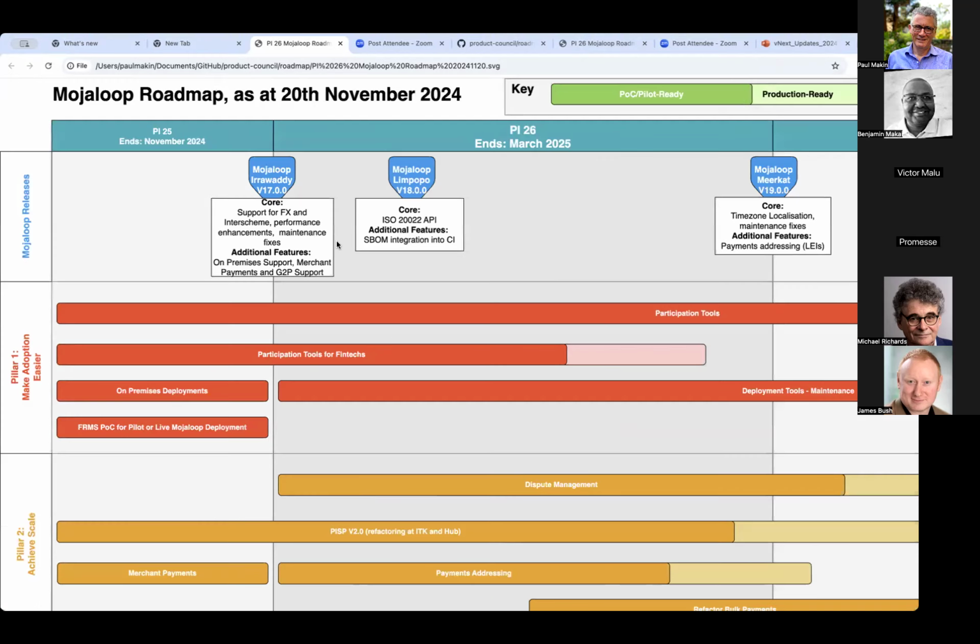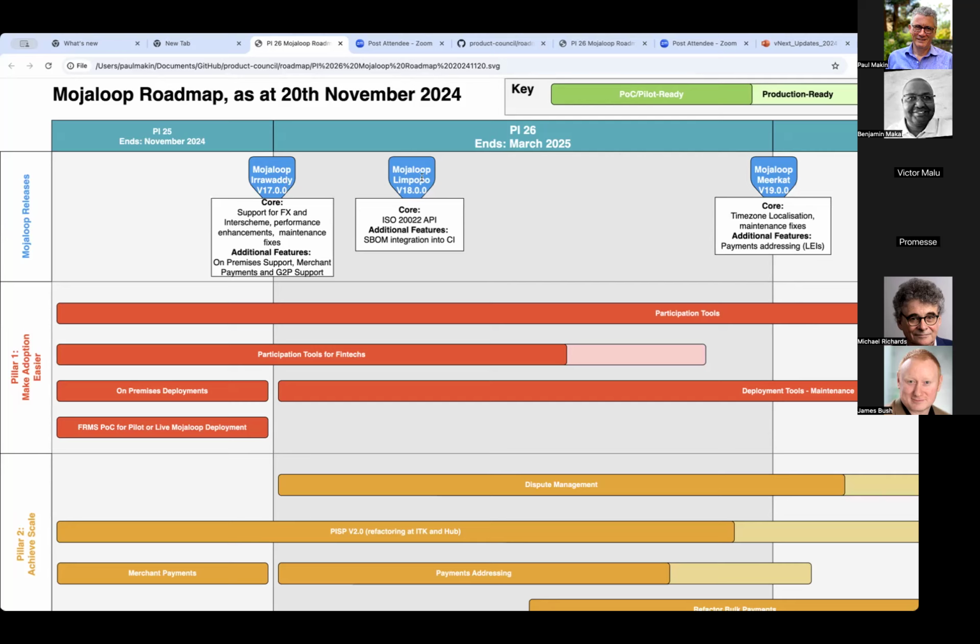we are still not quite clear whether we are going to be integrating version 17 and version 18 into a single release. I think Sam was quite upbeat yesterday that he will get ISO 222 into version 17.